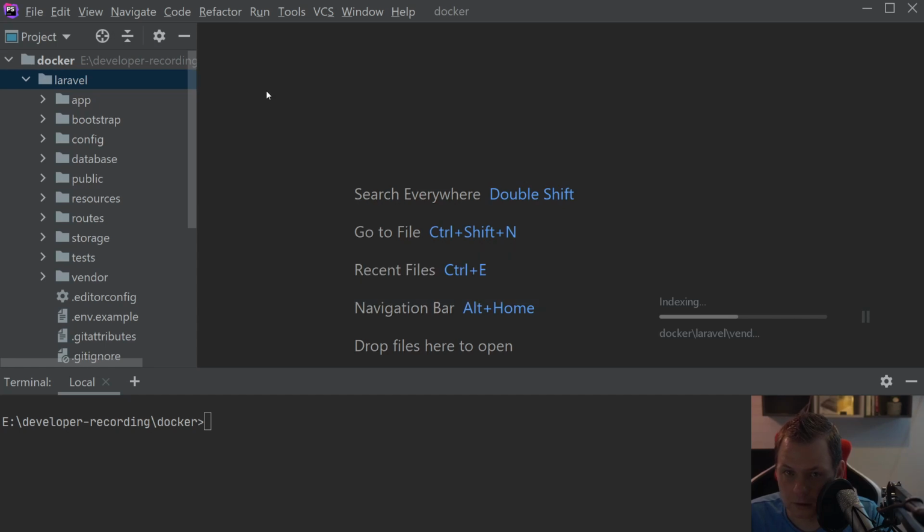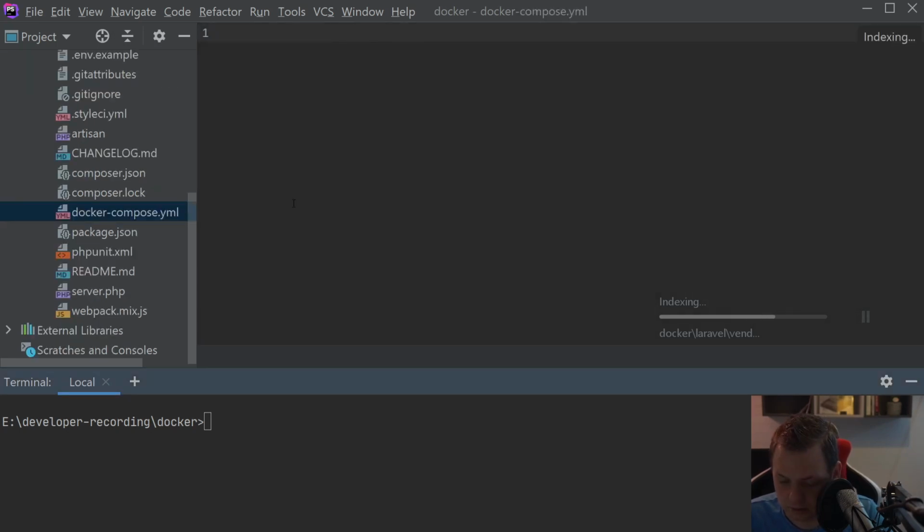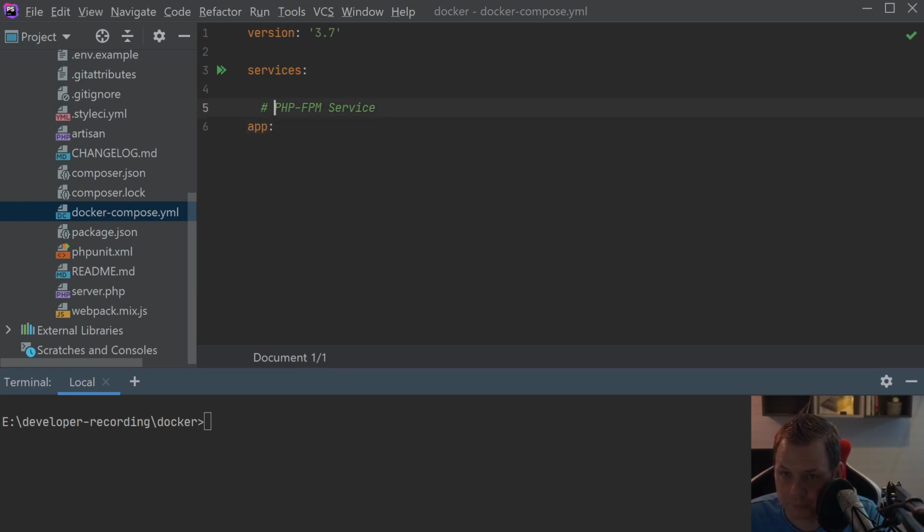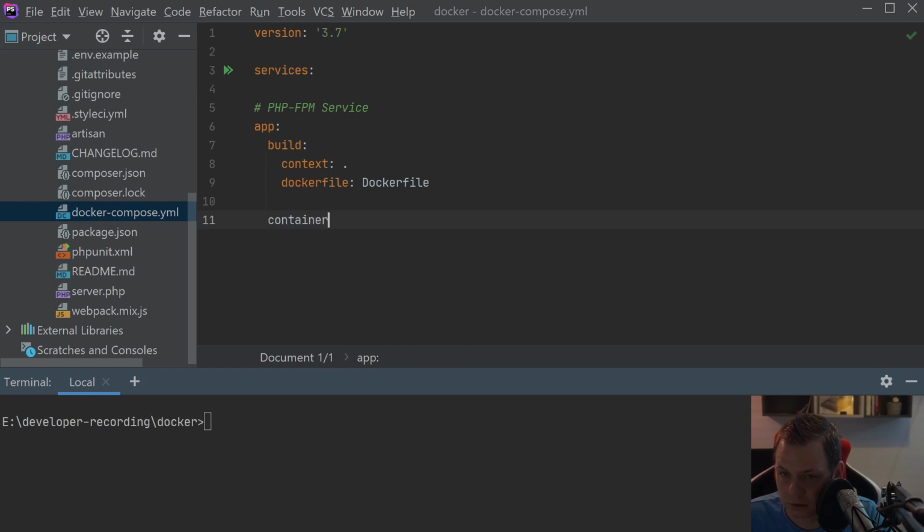compose.yaml file. And inside that we can start by saying we want to use the version. At this point I want to use 3.7, and in the services we have a bunch of services. We want the php-fpm service, and that should be called app, and inside that we need to build context. Dockerfile should be Dockerfile, and then the container name should be app, and restart,